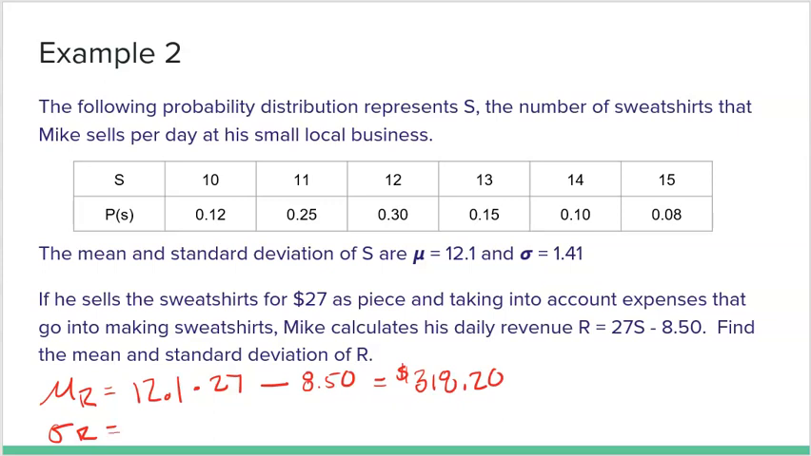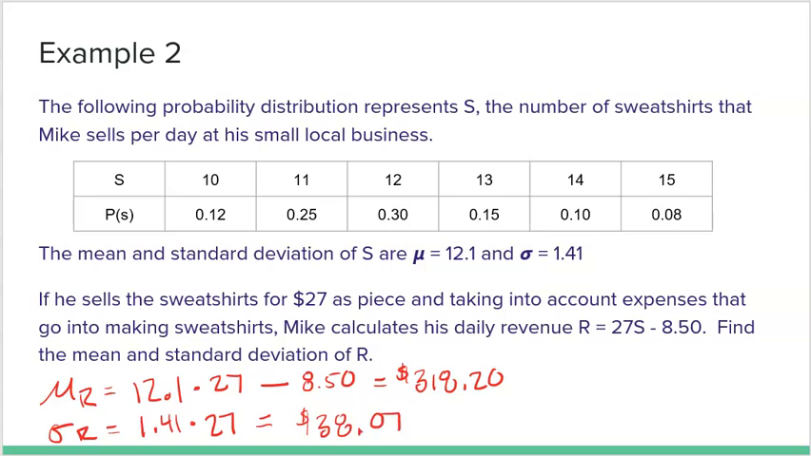Now, what about the standard deviation? Well, the 1.41 is the standard deviation for the sweatshirts he sells. Each sweatshirt is costing $27. But remember, subtraction nor addition affects standard deviation. So that expense, $8.50, will only impact the average. That's not going to impact the spread around that average. So I don't subtract the $8.50 at all. I just do the 1.41 times 27, which is again